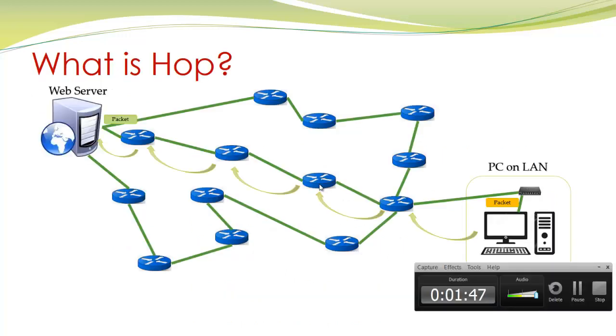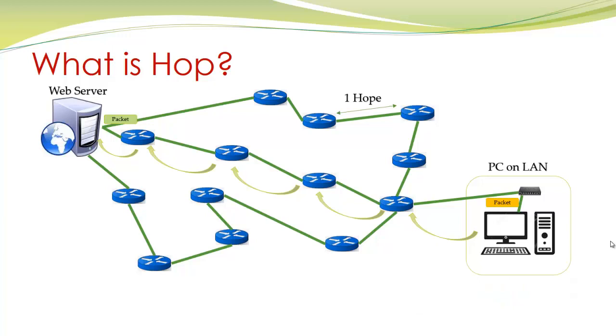Before we start the practical section, we must understand what a hop is. A hop is the number of times a data packet moves through gateways between source and destination. To understand, we should go for some graphical presentation. Let's see. If a data packet travels this path between two routers, there is one hop. If the data packet passes through 4 gateways, then it passes through 4 hops. If it passes through 5 gateways, then the number of hops will be 5.